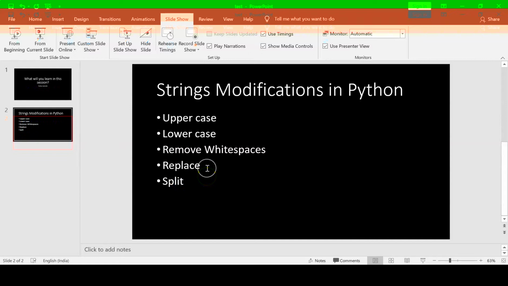Then we saw replace, where we replaced h with capital W. So we can use the replace function for replacing anything in a given string. And at the end we saw the split function, using which we can split a given string on the basis of space or comma or any separator of string words, right?